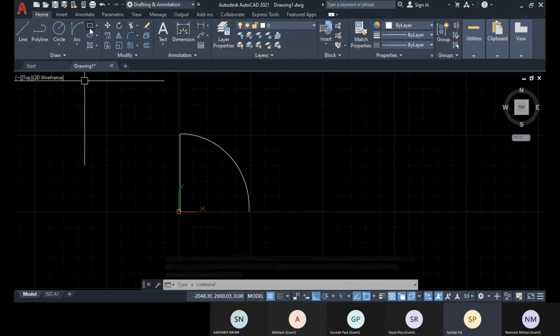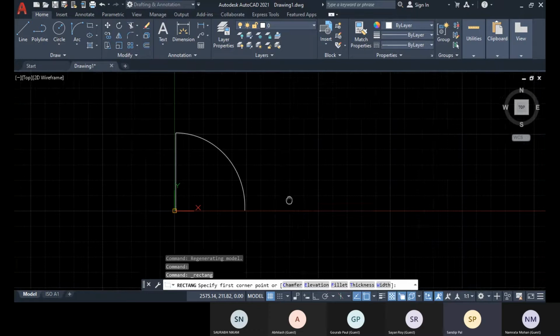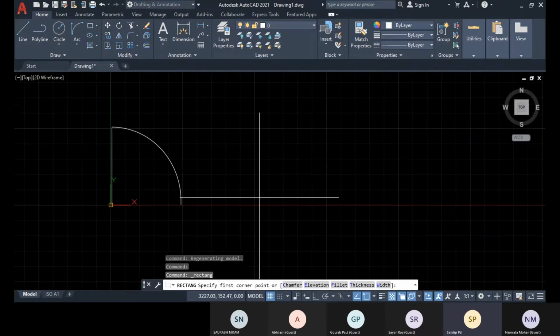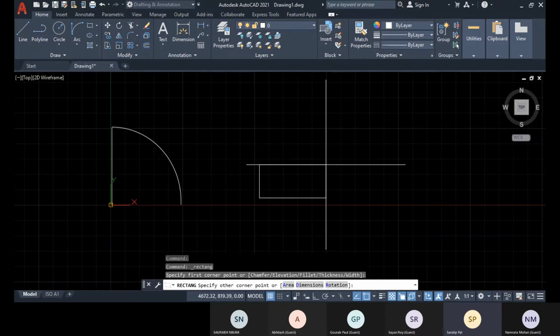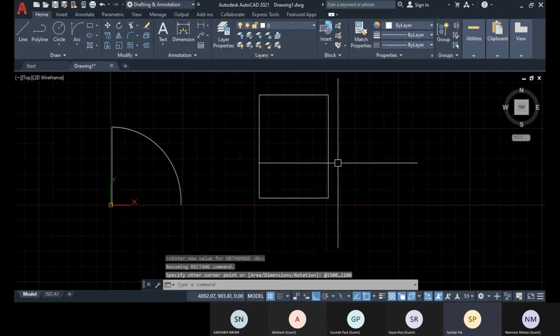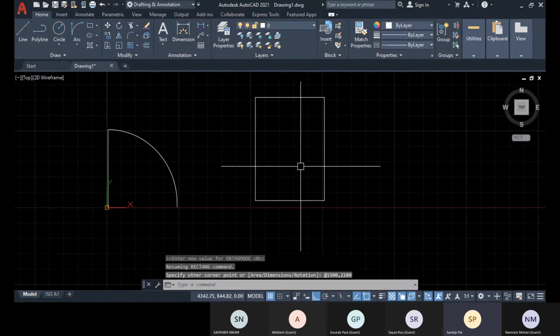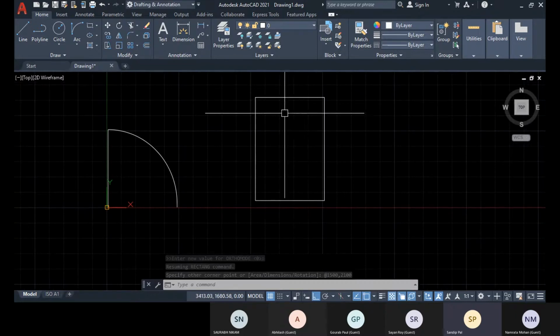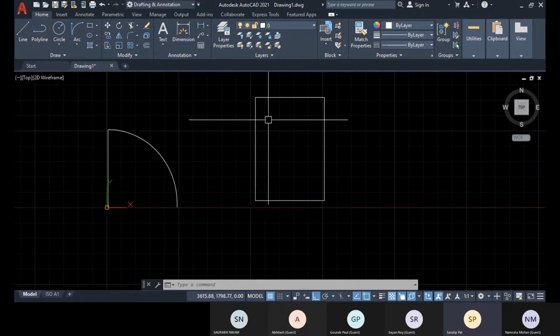Next, I can also create door plan symbol as well. Sorry, door elevation symbol as well. So for that, let's create with rectangle. So at the rate, length is 1500 and the height will be 2100. Enter. Okay, and you can give any design if you want to.